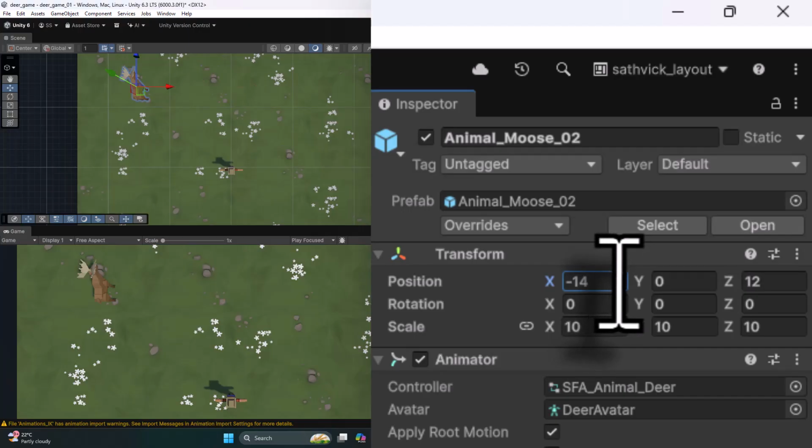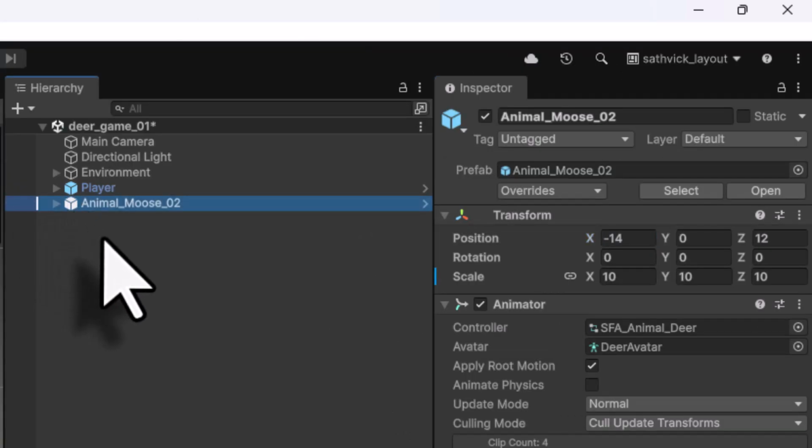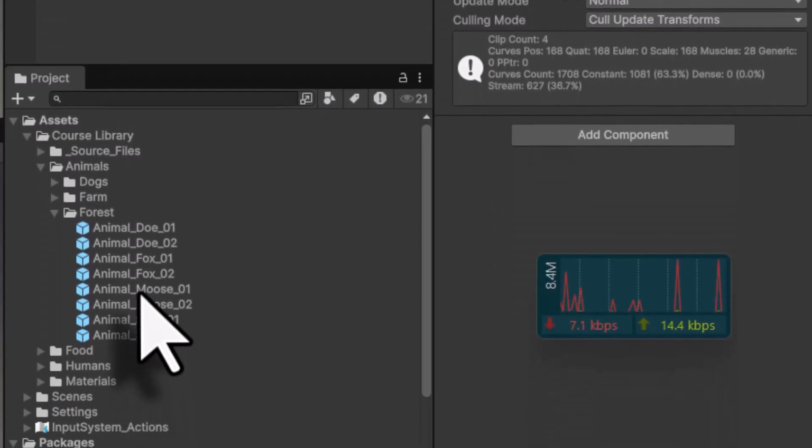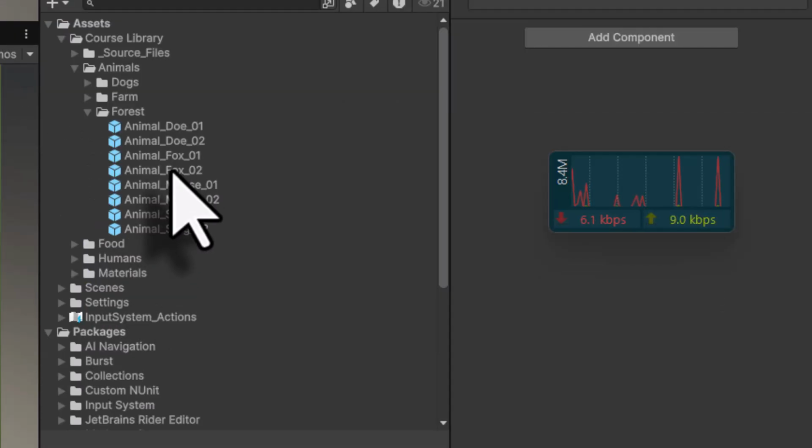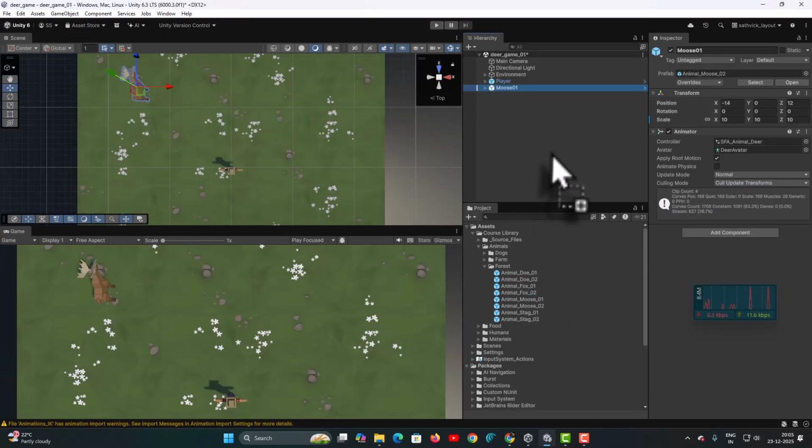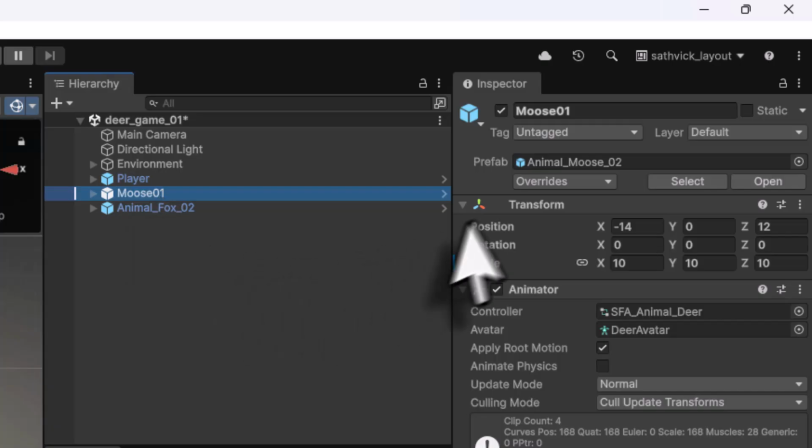I am going to select this animal moose, press F2 and I am going to call this moose1. I am next going to come here and select a fox. So I will drag this fox2 into my scene, select moose1, and here in the transform I will come into